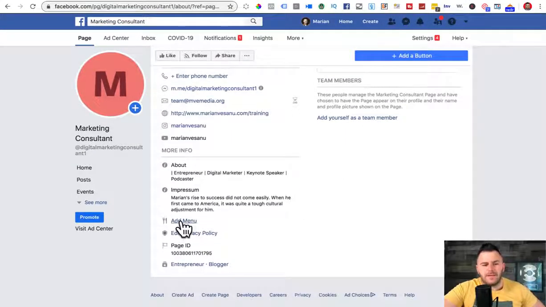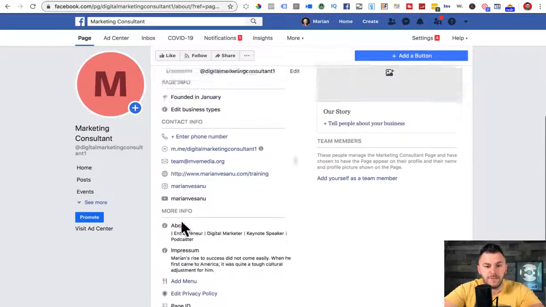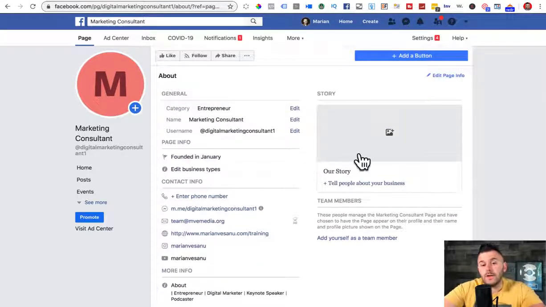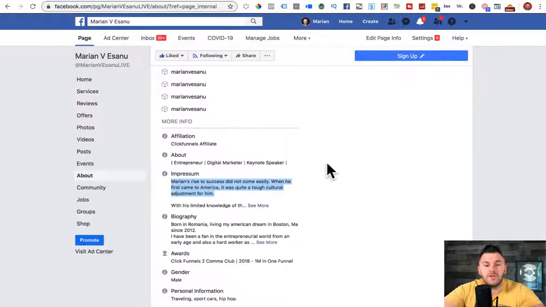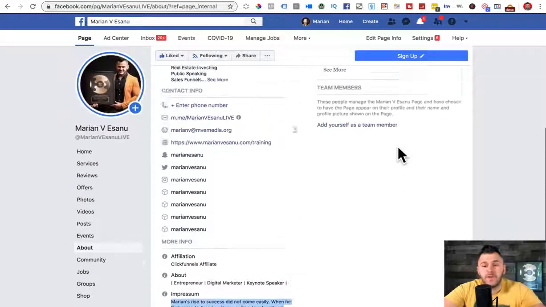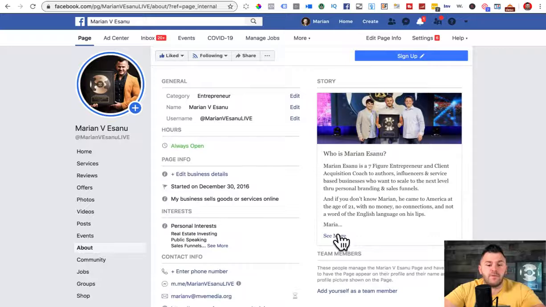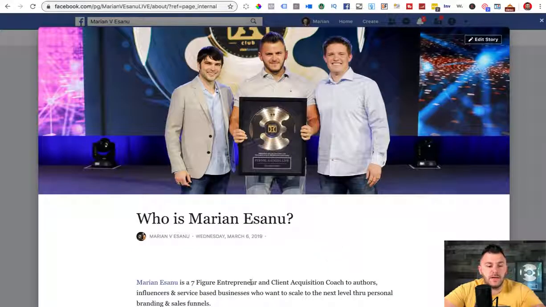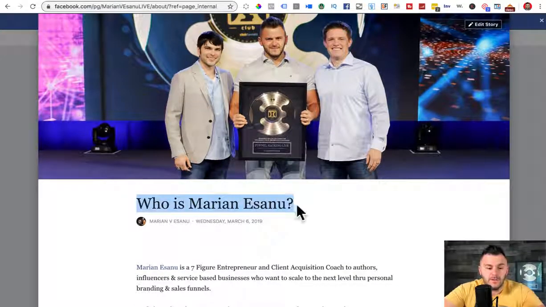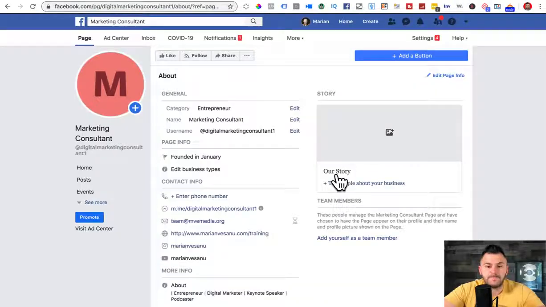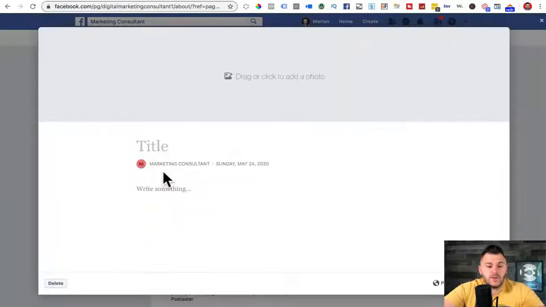As you can imagine, menu, it's not for me. I don't put menu in here because I'm not a restaurant. But if you are a restaurant owner, you definitely need to put this information in here. Now, story. A lot of times, guys, I see big pages that don't even add their own story in here. So story is super, super powerful because you have a really good amount of text that you can add in here. So for example, I would do something like, who am I, right? Like that's story, like who's